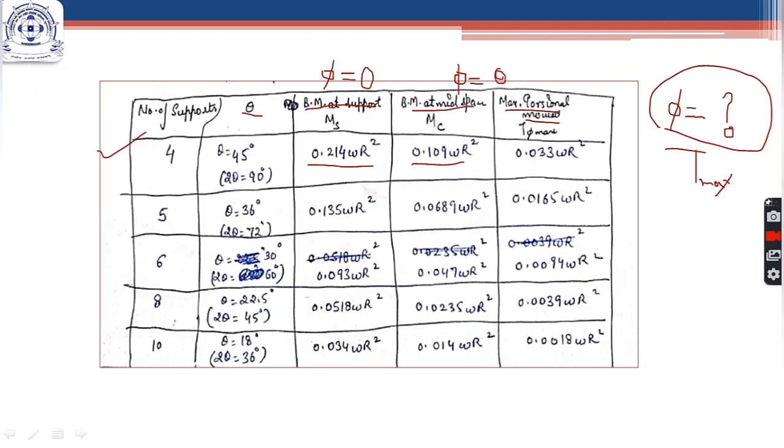So using this table we calculate bending moment at support, bending moment at midspan, and maximum torsional moment, and then we provide reinforcement as we do usually. And we have to design for torsional reinforcement also, which we have studied in RCC 1. Okay, so this is all about circular beams. Now I have explained to you 3 new types of RCC elements, that is dome, circular slab and circular beam, which we will be using in INS tank.